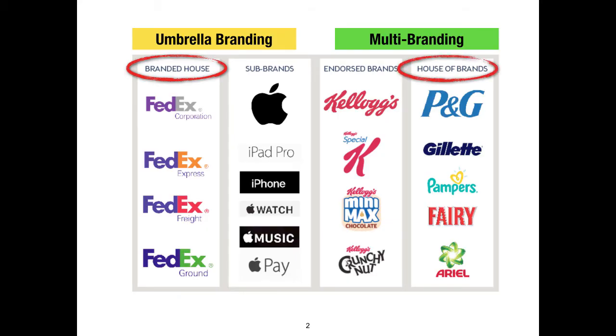On the left, you can see FedEx. All of those things are very visually similar, and they express different parts of the company. Corporation, Express, Freight, and Ground, differentiated by color, but no one would be confused that you are not talking about